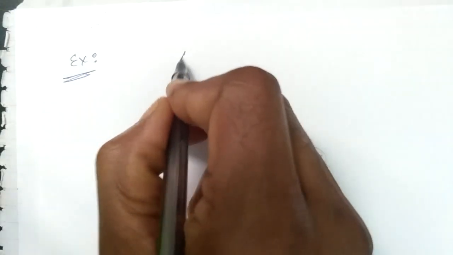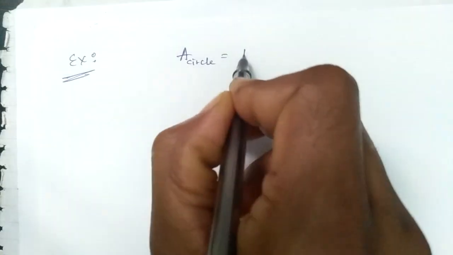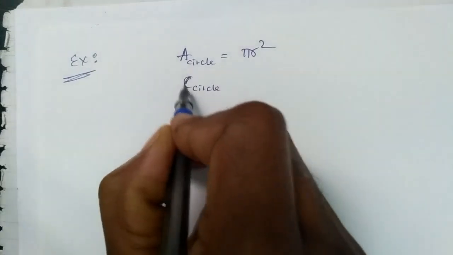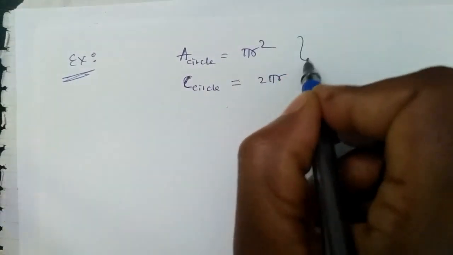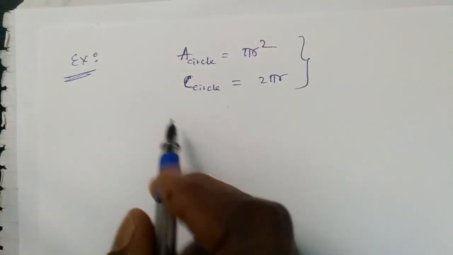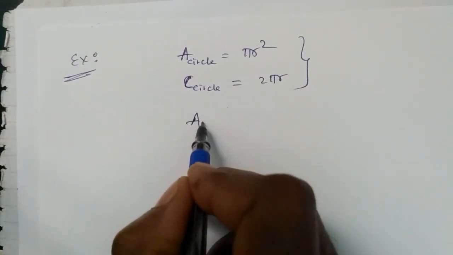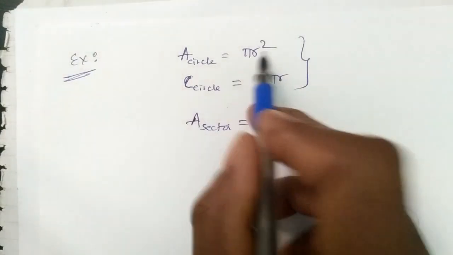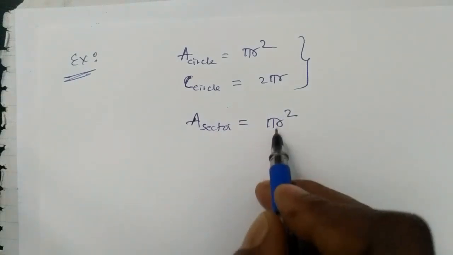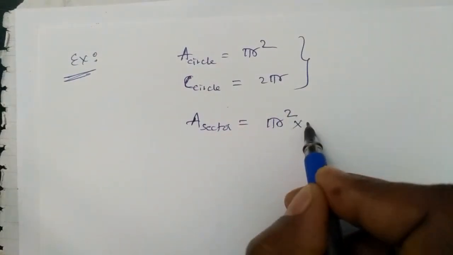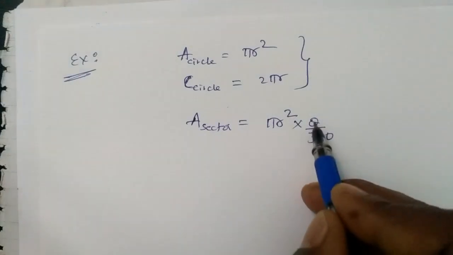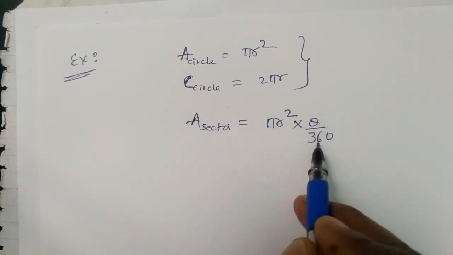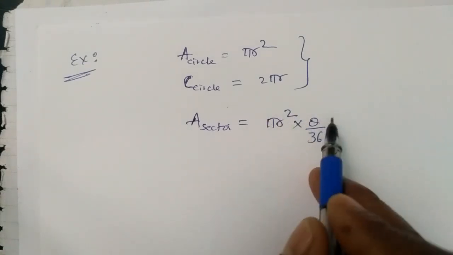So again I write first, what is the area of a circle? Area of a circle is pi r square. Then the circumference of the circle is 2 pi r. These are the two important formulas directly related to a circle. Next, area of a sector. Remember, a sector is the part of the circle. So the circle is pi r square. How to divide it into equal parts? By multiplying theta by 360. The theta indicates the angle the sector subtends at the center. Pi r square is the circle, theta by 360 is the part of it. So it is pi r square theta by 360.